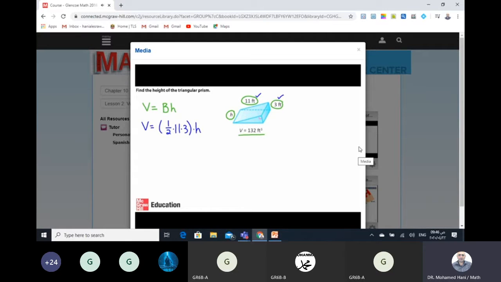Now remember, we did refer to the fact that we do know the volume. So I'm going to substitute that value into our equation. So let's simplify and substitute. We have 132 is equal to, and 1/2 times 11 times 3 is equal to 16.5, and then we'll have the variable h. So now all we need to do is one operation, that is division, and we're going to divide both sides of our equation by 16.5,